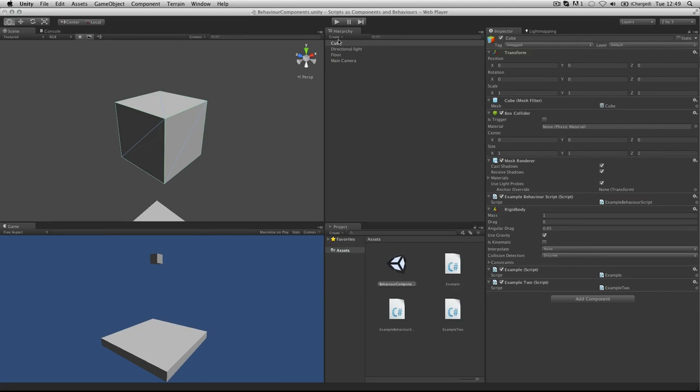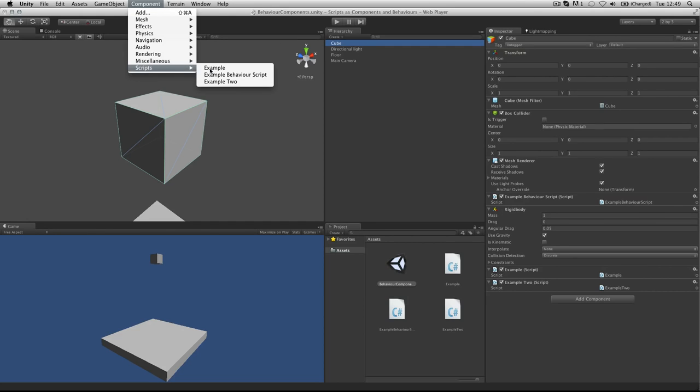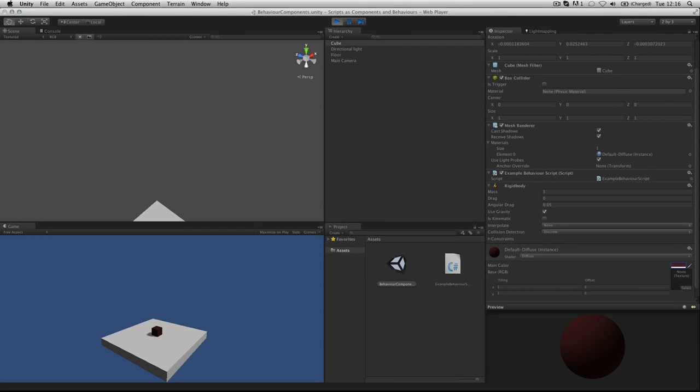The final way to add a script to your object is to select the object in the hierarchy and then choose Components, Scripts, and then choose from the list of scripts in your current project. Of course, you can apply scripts to do all manner of other behaviors of objects. Try to think of scripts as components that you create yourself, allowing you to create behavior for different game objects in your game. This could be characters, it could be environments, or it could be scripts that manage the functionality